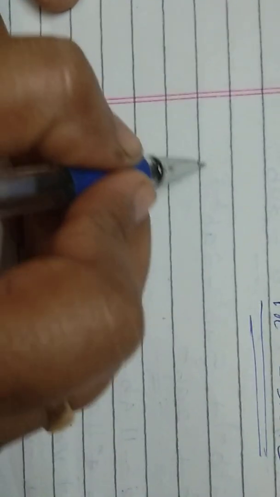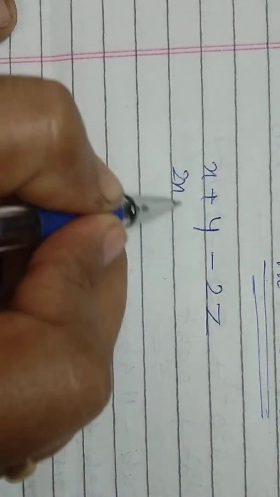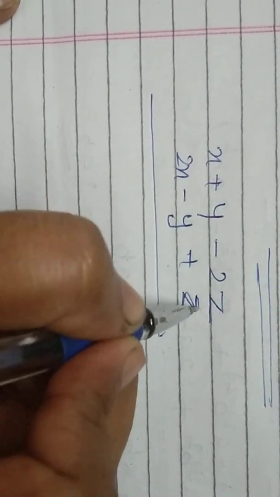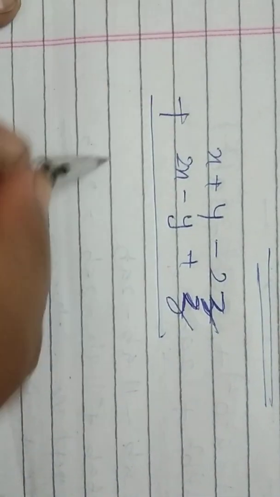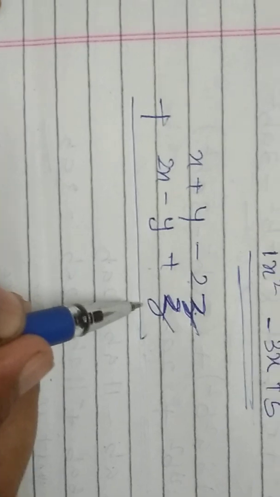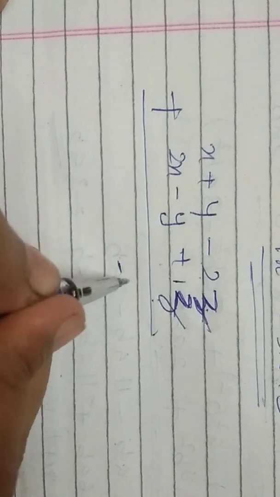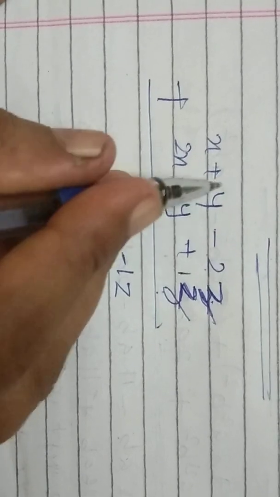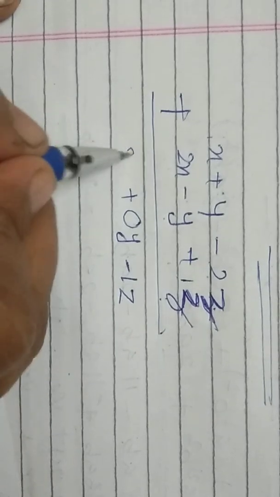One more question I will show you. Find the sum of x plus y minus 2z and 2x minus y plus z. This is z, I am writing. If you want, you can write it like this. Both are small letter z. We are going to add. Minus 2z and z, the coefficient of z is 1, so minus 2 plus 1 is minus 1z. Then y minus y, both coefficients are 1, 1 minus 1 is 0y. Then x, coefficient 1, x plus 2x is 3x.